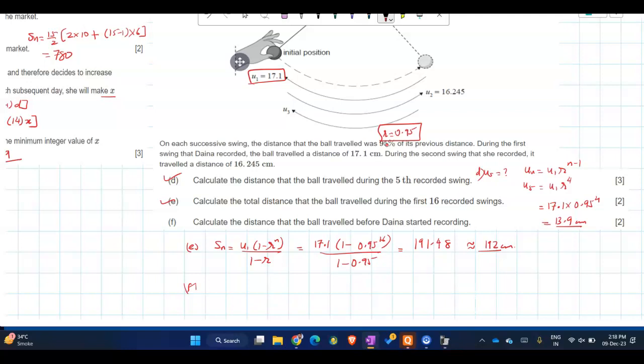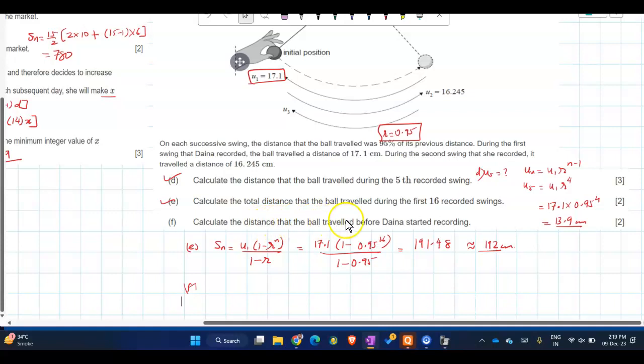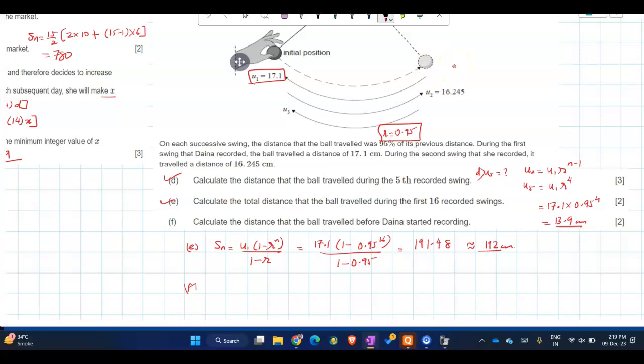Part F. Calculate the distance traveled before Dinah starts recording. Before she starts recording, this first one, because that we didn't count. What will you do? 17.1, you will divide by 0.95, because when you divide by a smaller number, the value will be higher. Here it's given